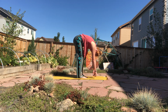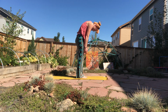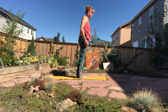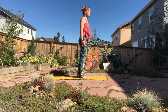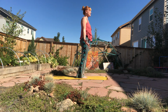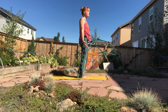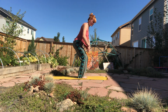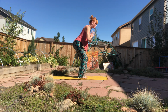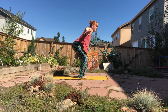Beautiful work, my friends. Just slowly and mindfully rolling up to a standing, coming into the mountain and slowly unwinding, growing up your tree, being strong and rooted into the ground, allowing yourself to be wherever you are, feel whatever it is you're feeling, just tuning into that body, slowly and mindfully sitting back at those sit bones, sitting down into the earth, bringing the hands down to the heart, or maybe envisioning a tree, because we are in this